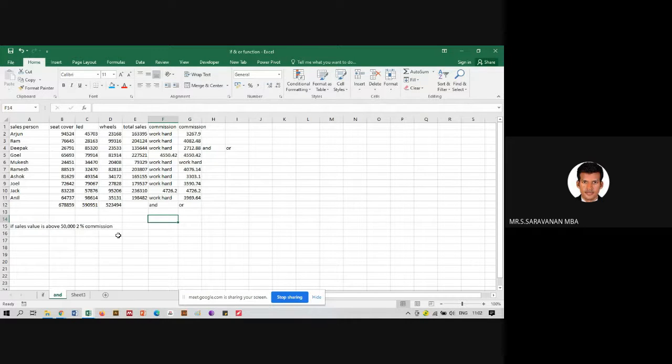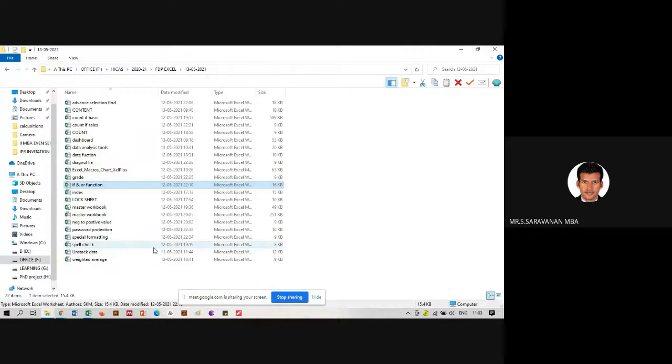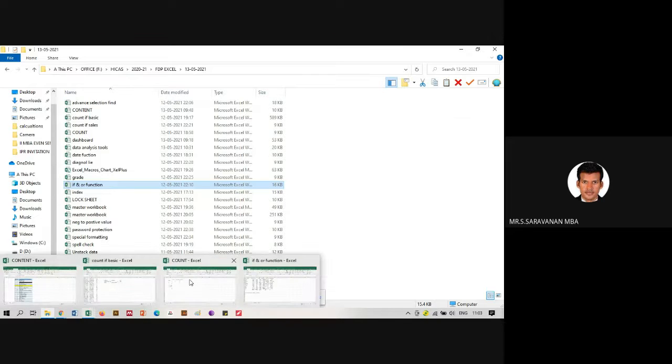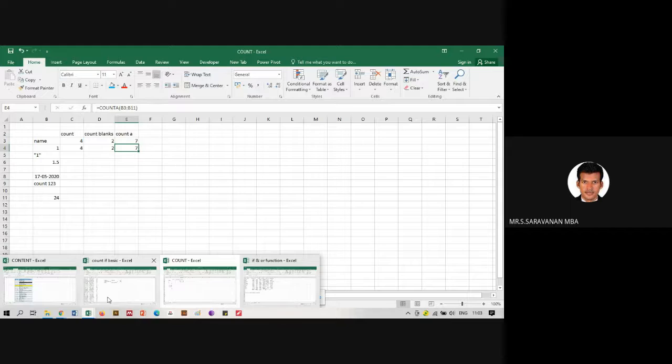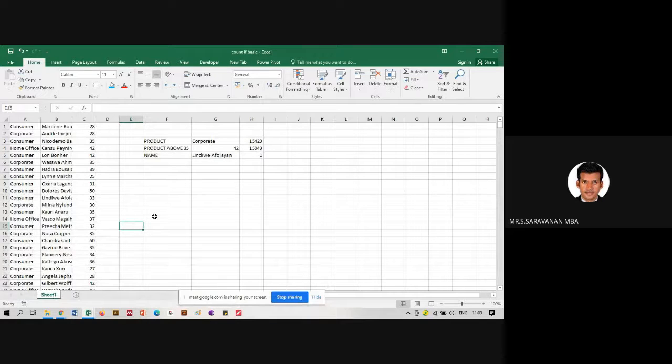Okay, there is something called SUMIF function also. Let me see, I have the data of that. Okay, SUMIF function we will see later. COUNTIF.